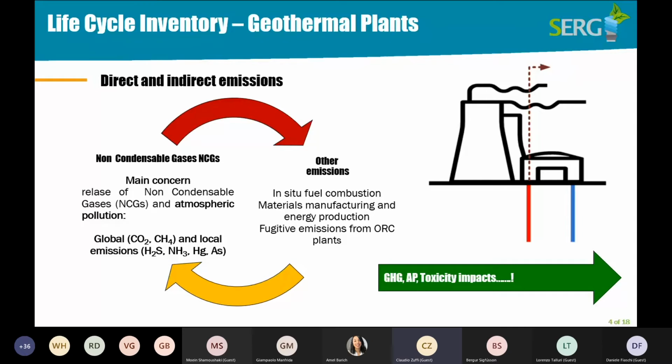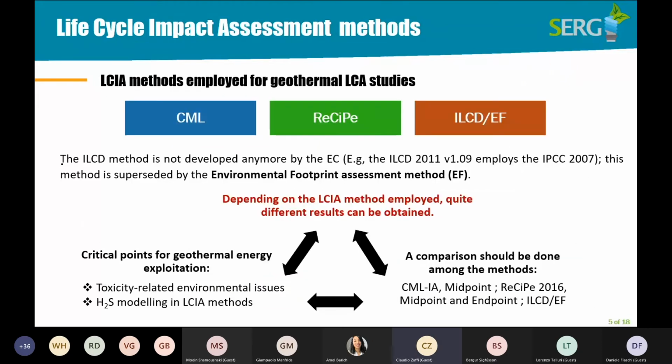It is very important to pay attention to the flows that you are going to model, because each substance, in particular for direct emission, can be evaluated in different ways according to the impact method that will be chosen. In fact, every method can express the results in different ways, because different calculation models and relative assumptions are used. And this is reflected in the characterization factor of each flow.